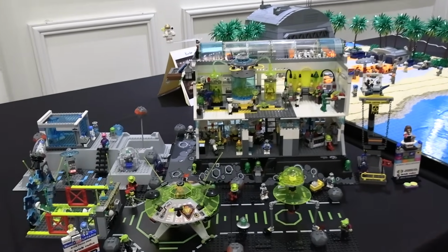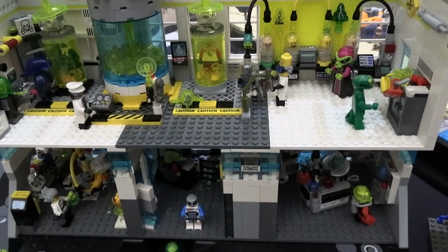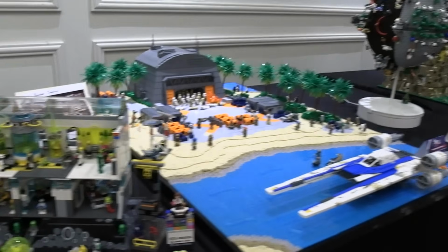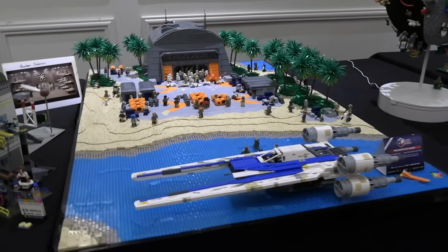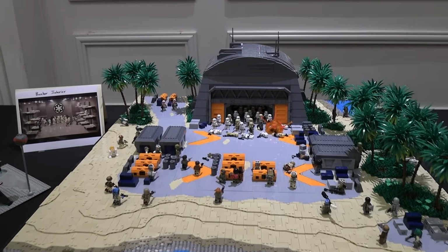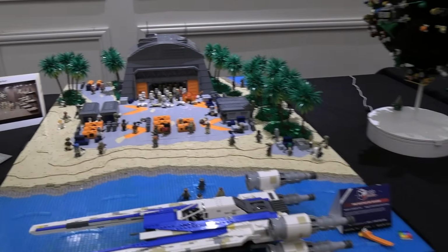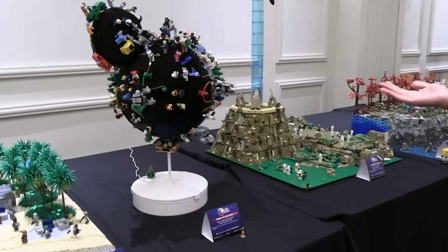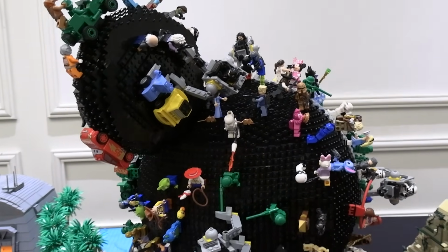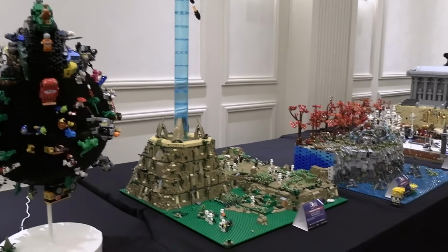An Out of This World lab, where you've got the aliens doing experiments on classic spacemen and humans, turning the tables a little bit on the typical lab. We've got the Battle of Scarif by Carson. This looks really nice, and you can even see an interior shot of the bunker over there. So there's interiors all the way inside there, and really sleek landscaping. Looks great. Disney versus Star Wars, a Death Star inspired type build, with all the Disney characters taking